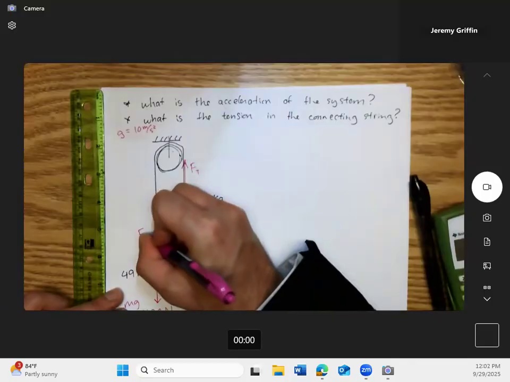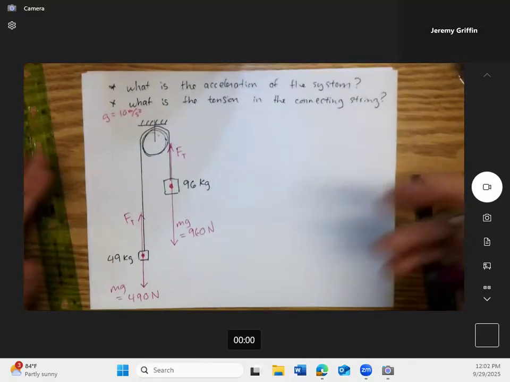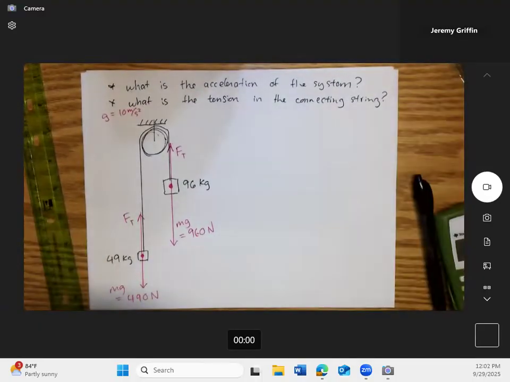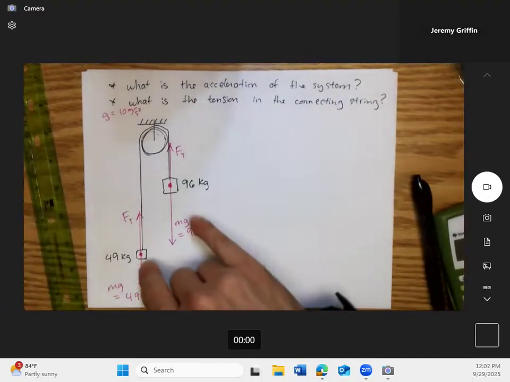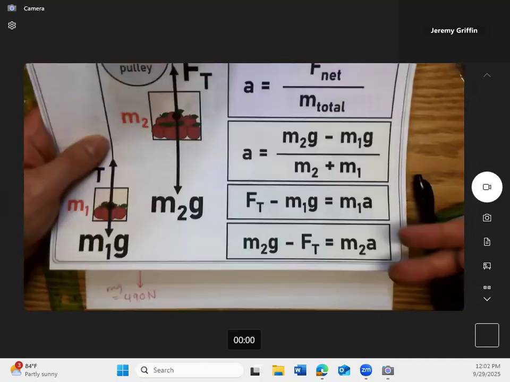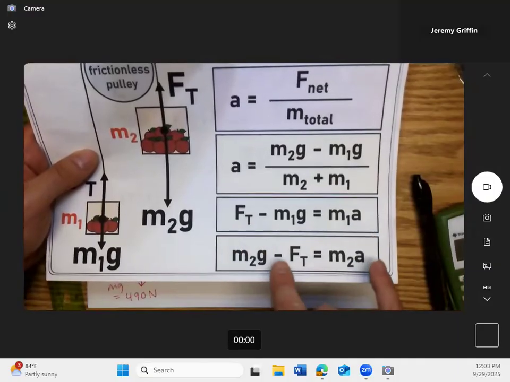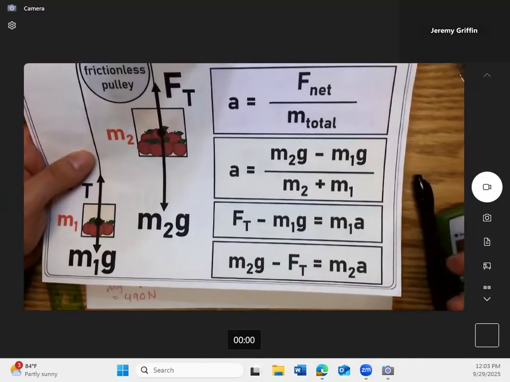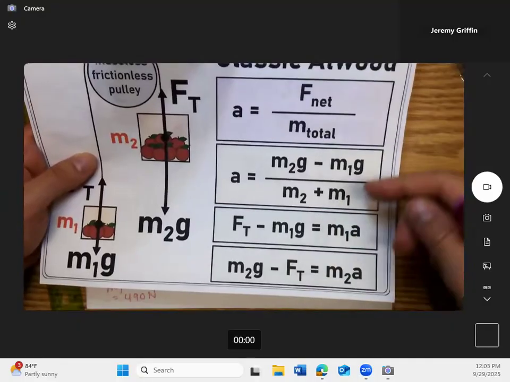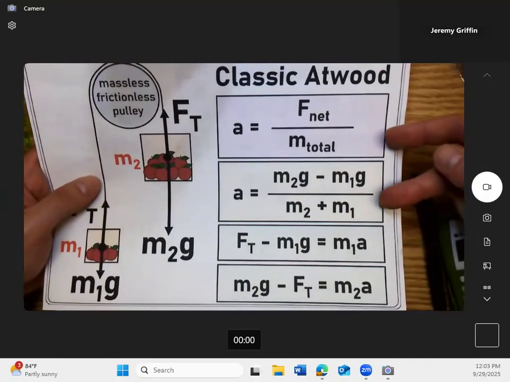Now there are 2 main methods to solve this set of questions. One method is you could set up a system of equations for these 2 blocks. You could focus on this block and this block, which is basically these 2 green boxes down here. You don't know either the tension or the acceleration, but with 2 equations and 2 unknowns, you can solve it. But my favorite method is called a whole system approach.